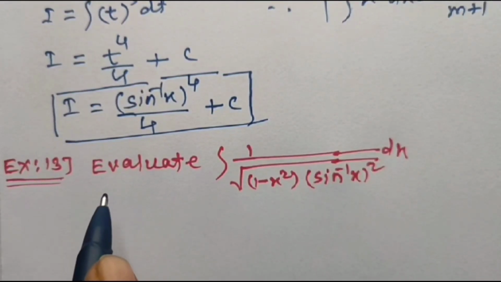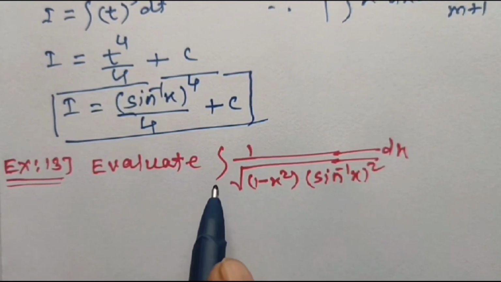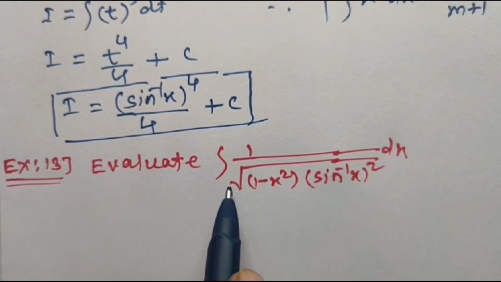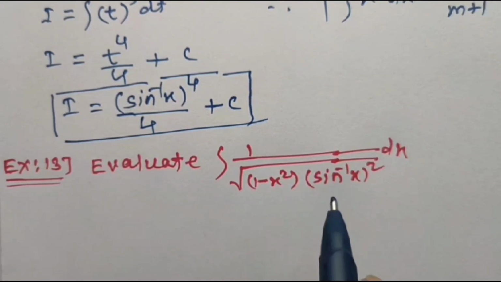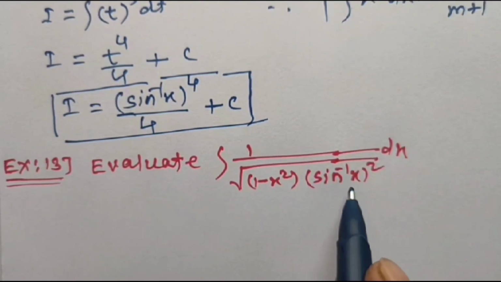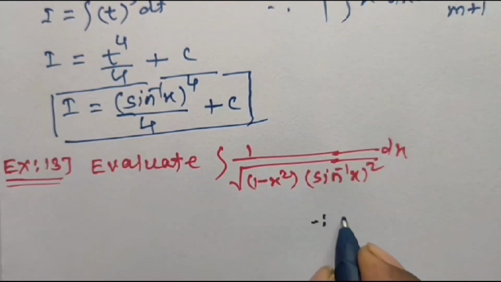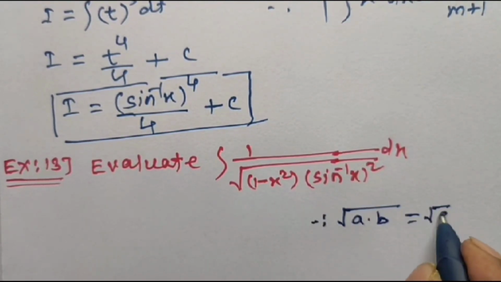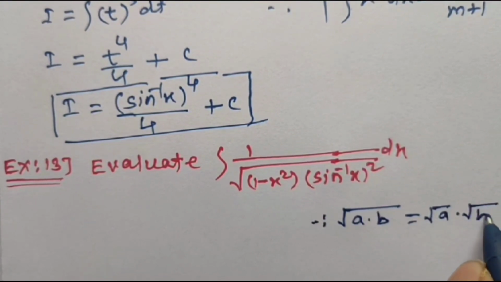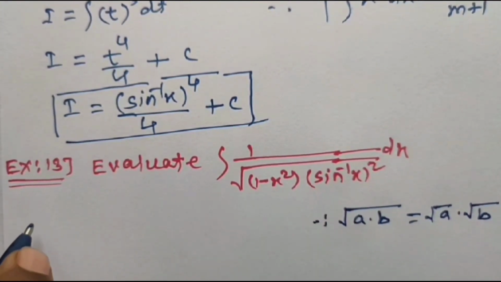Let us solve sum number 13. Evaluate the integral of 1 upon square root of (1 minus x square) times (sin inverse x) whole square. You know the square root of a into b can be written as square root of a into square root of b. So, rewriting the given integral,